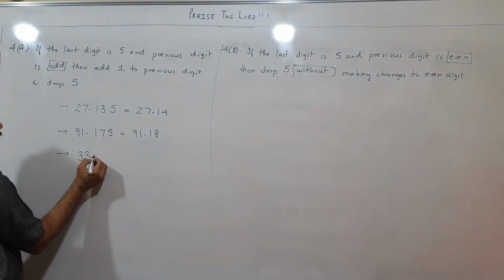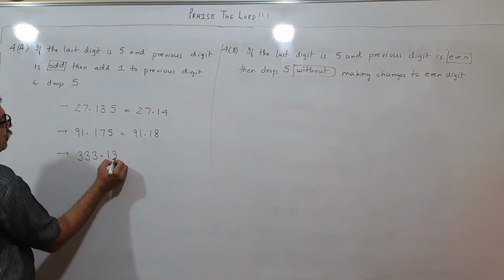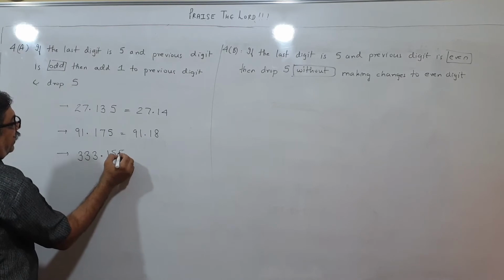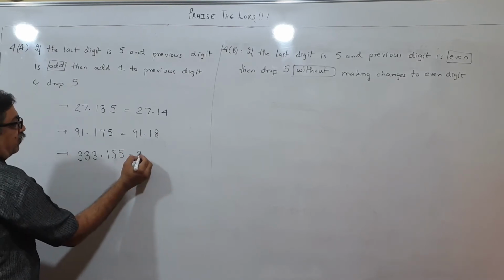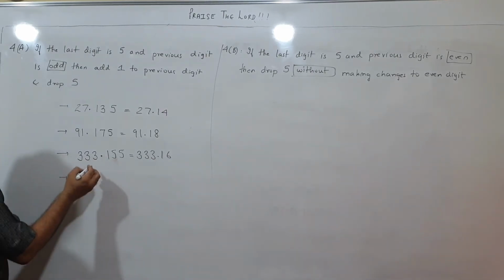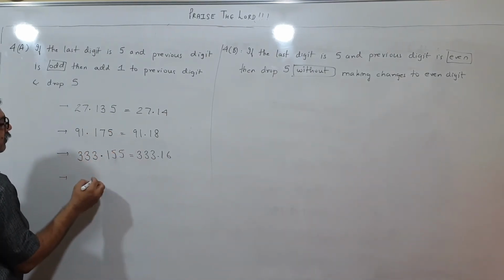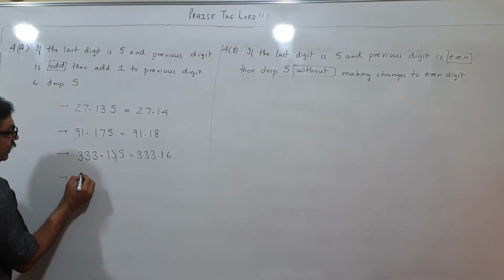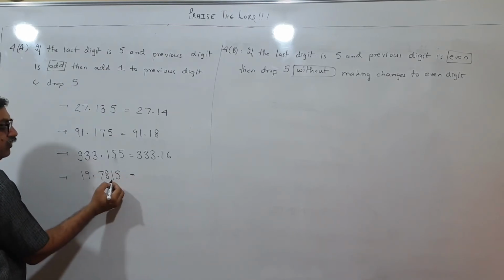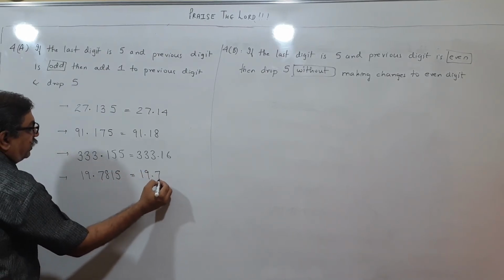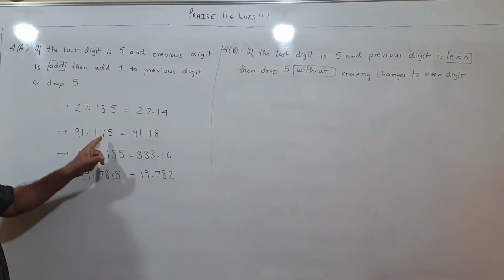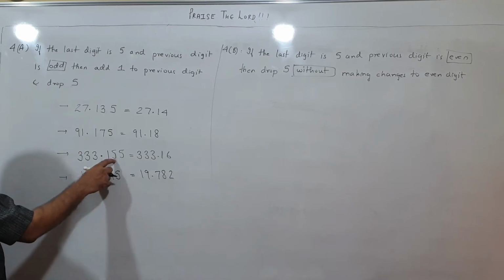If there is a number like 333.135, I have taken, supposing, 5 and 5. So this is an odd number, so this becomes 333.14. Then if I have taken 19.7815, this is also odd, so this becomes 19.782. So if before 5 the digit is either 3 or 7 or 1 or 5, or it may be like this,